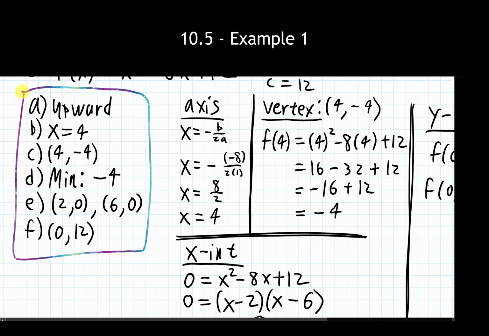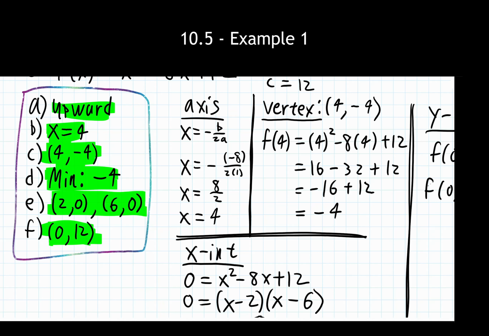And here we have each of our final answers. So again, big thing to keep track of as you are going through these. Make sure you are actually answering what it's asking for and writing it in the correct form that we need to, especially with these x and y intercepts. If they ask for ordered pairs, you need to give them ordered pairs.